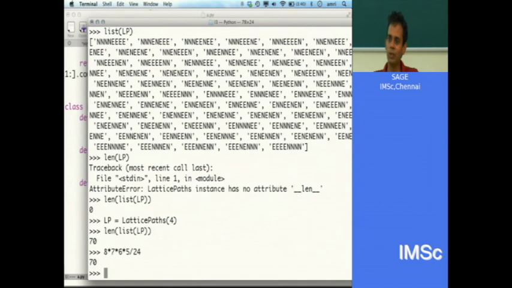So maybe if you want a homework problem, try to do the same thing for permutations. So start with the identity permutation, which is 1, 2, 3 up to n. Think of it as a string if you like, or as a list, and then try to find the next one, and then in pure Python implement a parent class and an element class for permutations. Okay, so you do a few examples, you will get quite good at it. And the fun part is, of course, writing the next. The rest is standard.